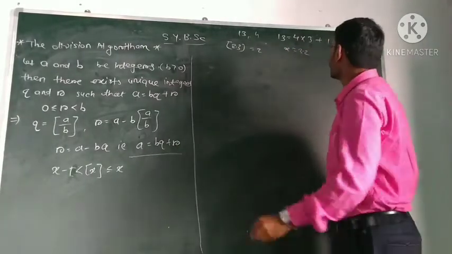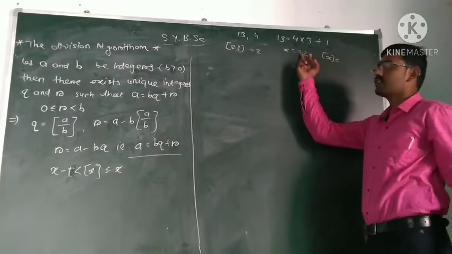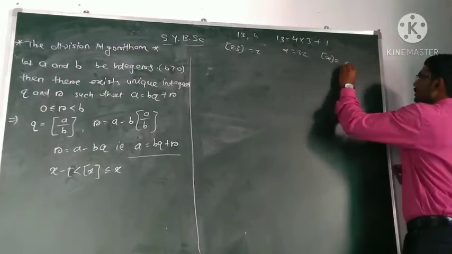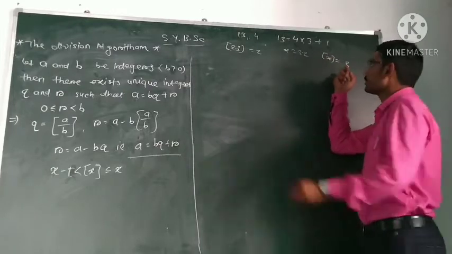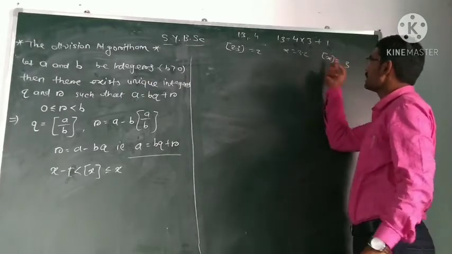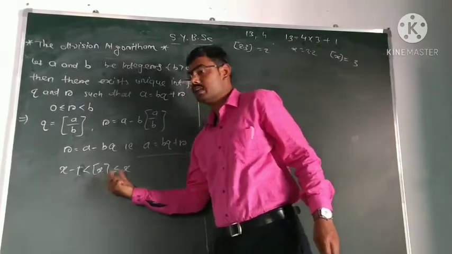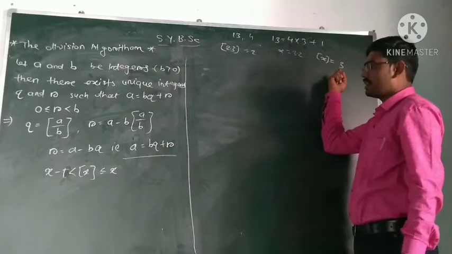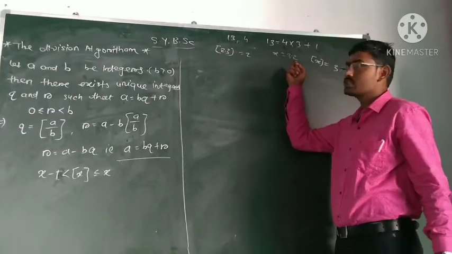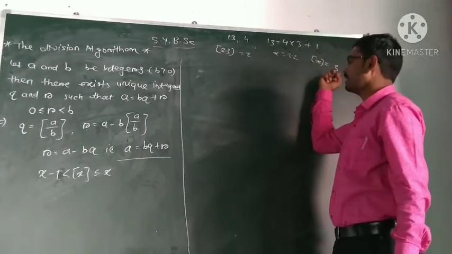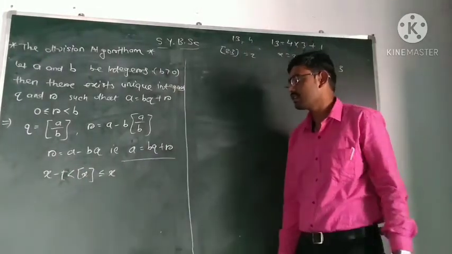Okay, so we have the greatest integer of x, the greatest integer less than or equal to 3.2, and this is 3. So x is equal to 3.2 and the greatest integer of x is 3. 3 is less than or equal to 3.2, and the greatest integer of x is 3, which is greater than x minus 1. What is x? x is 3.2. 3.2 minus 1 is 2.2, and 2.2 is clearly less than 3. This is the standard inequality in the greatest integer function.